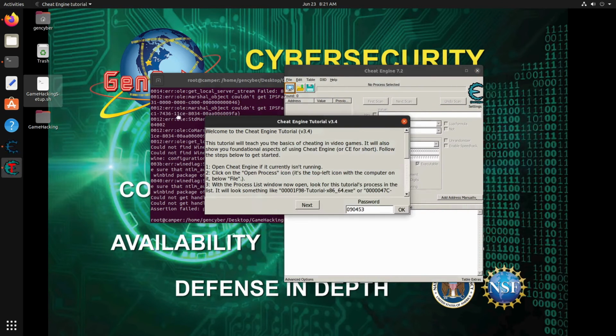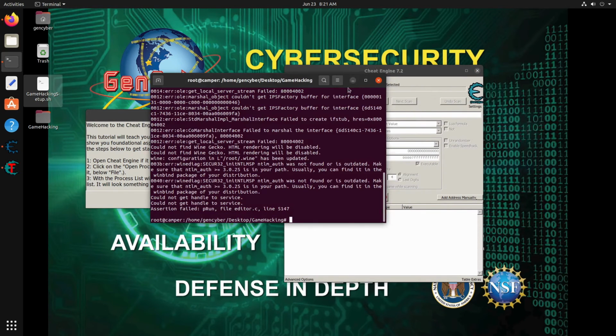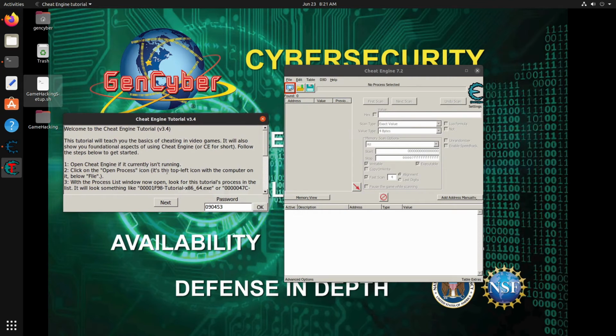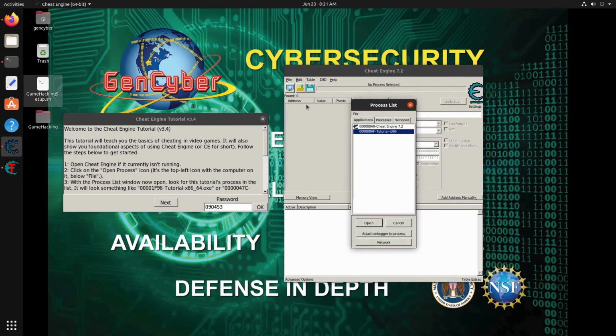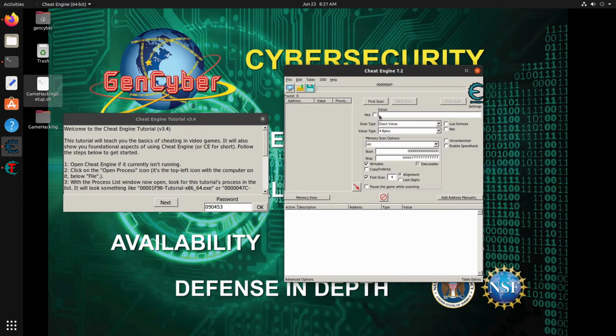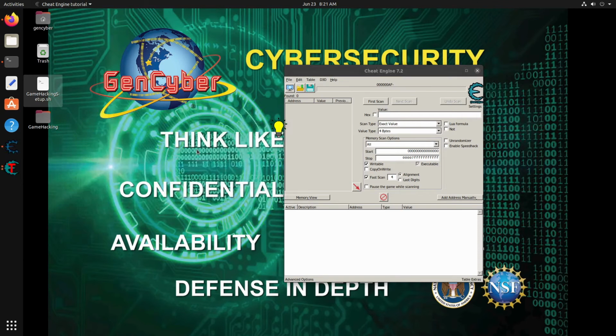So then this is actually what we're going to be doing for now. We can minimize our terminal. So for the Cheat Engine tutorial, we can just open up our process selector and select the tutorial, and then we're all good. So just click next,